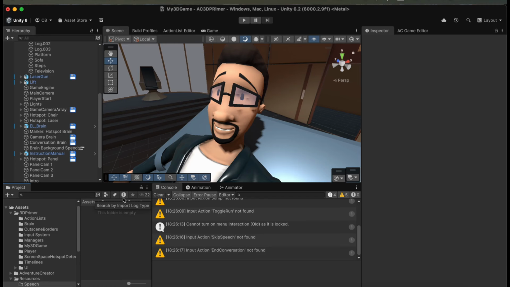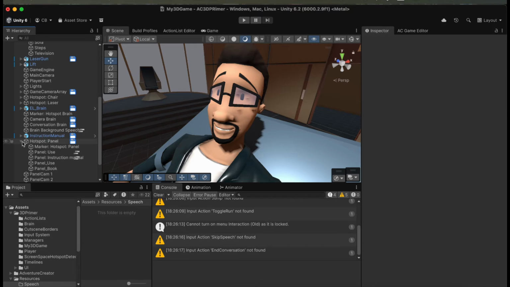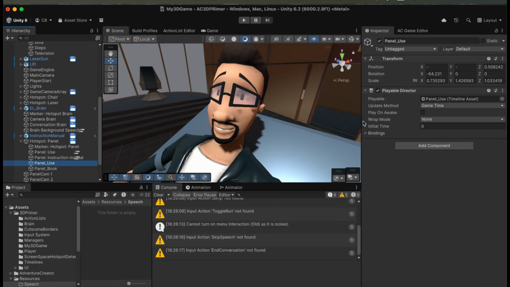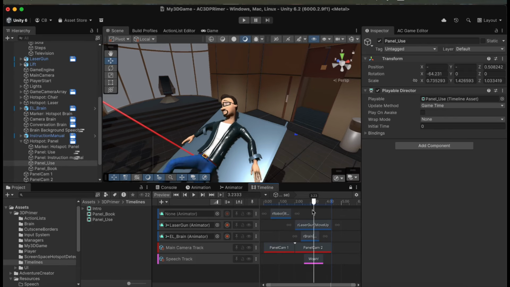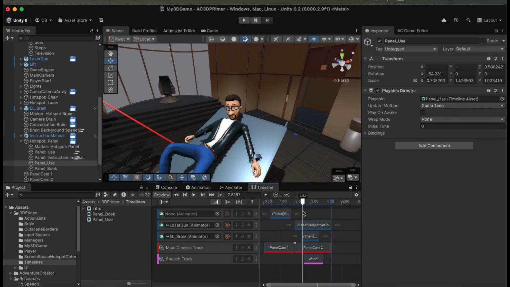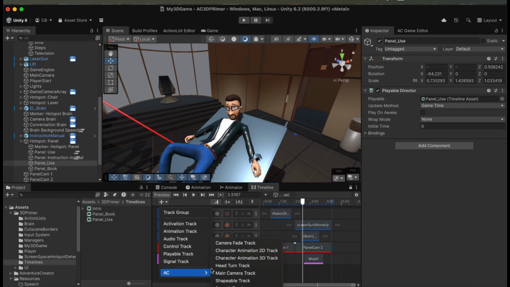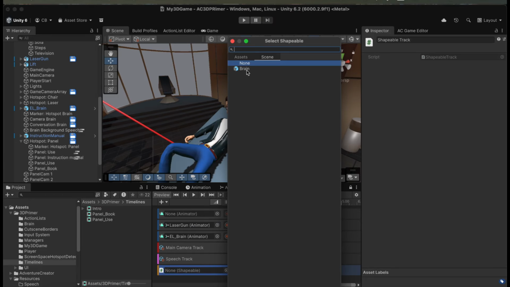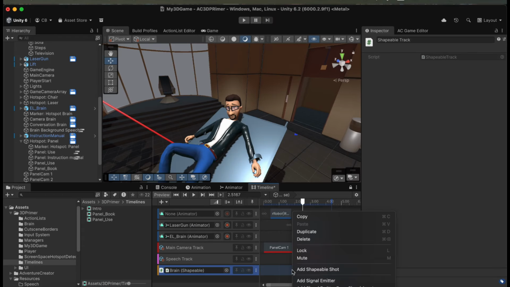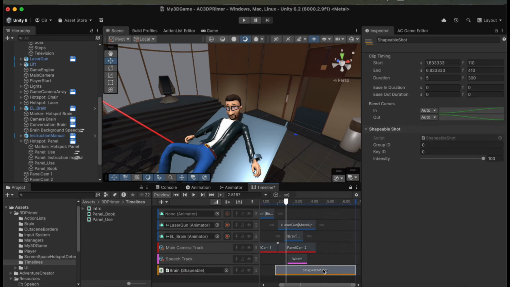We can also control shape keys using Timeline. So if we go back to our panel Use Timeline, which is where the laser gets a little bit too close for Brain's comfort, we can have him change his expression as he has to move out the way. We can do this by creating a new AC Shapeable track, assigning our Shapeable as Brain, and then right-clicking and choosing Add Shapeable Shot. I'll reduce the time of this, give it an ease in and out duration,